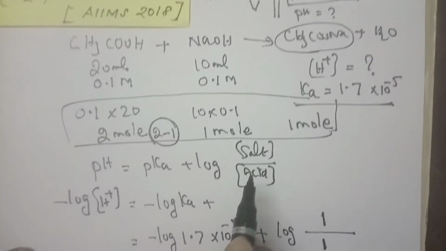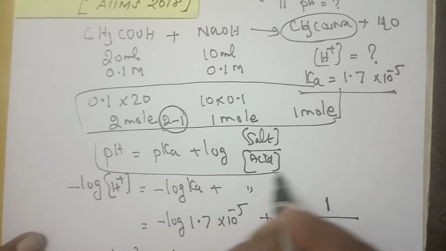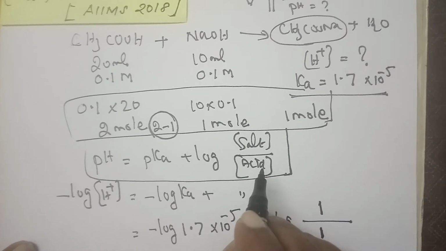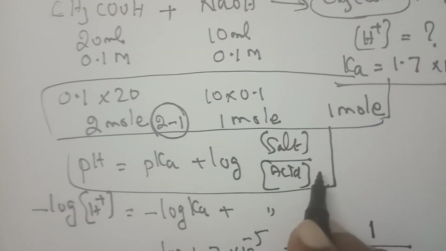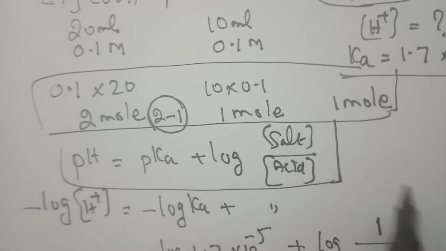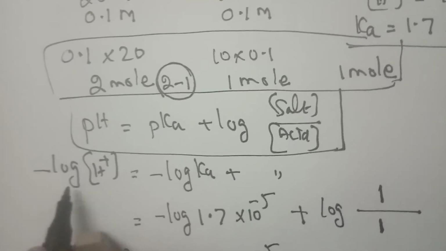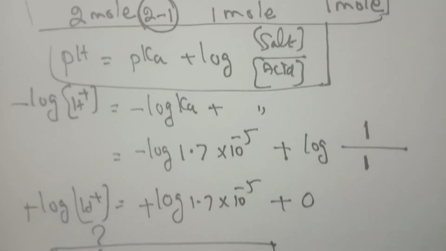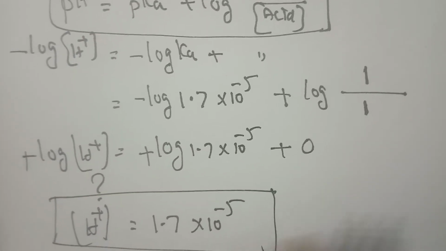Number 3, substitute in the Henderson equation to find out the pH of the buffer solution. The Henderson equation is the third formula, and pH is equal to negative log of hydrogen ion concentration is the fourth formula. Based on that we are identifying the hydrogen ion concentration. Okay children, now let me go to the next question.